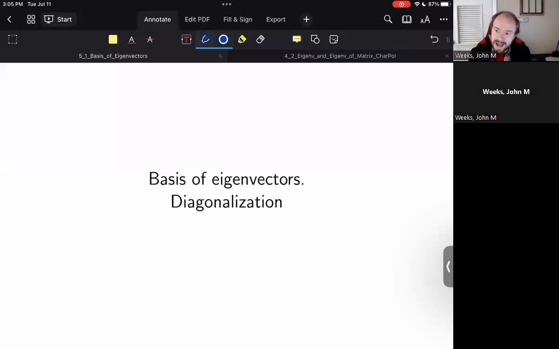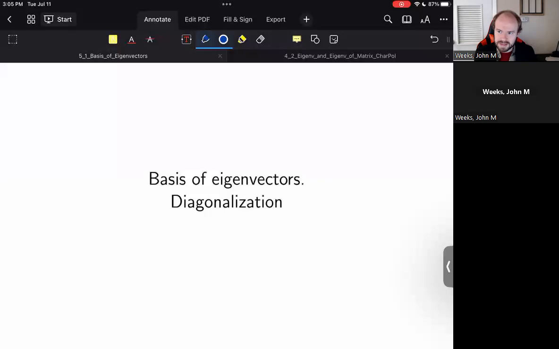Today we're going to be talking about eigenvectors again, but this time we're going to discuss the subset of problems that we were looking at previously where there was a basis of eigenvectors. Namely, we're going to be trying to figure out when we know how to put a problem into this category. When is it the case that the eigenvectors that we generate from a particular matrix operation give us a basis